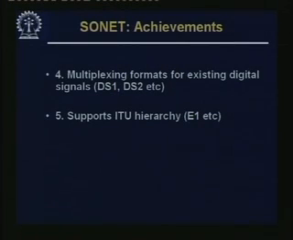Then the fifth achievement of SONET was that it supports the ITU hierarchy, E1 etc. This ITU hierarchy was more popular in Europe, India etc. So they had rates like E1, E2, E3 etc. E1 was almost 2 Mbps, then E2 was 8 Mbps, then E3 34 Mbps